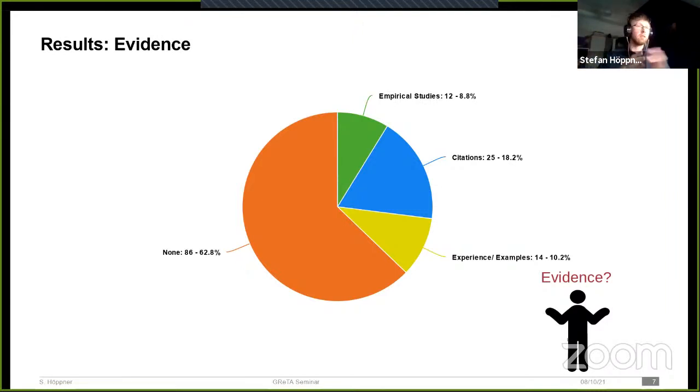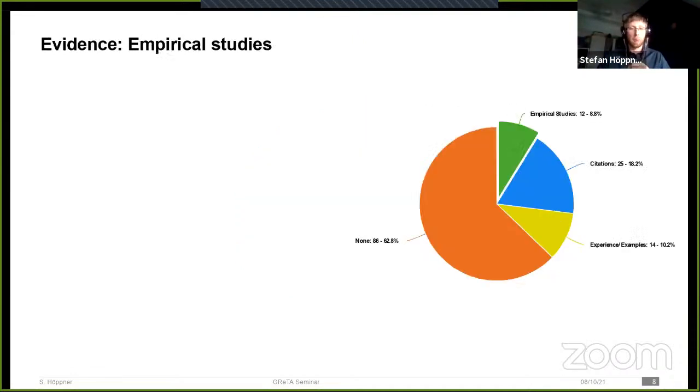Overall, all these different types of evidence have different implications as to what they really say about a claim that is substantiated by them. And this is what I'm going to talk about in the next few minutes.